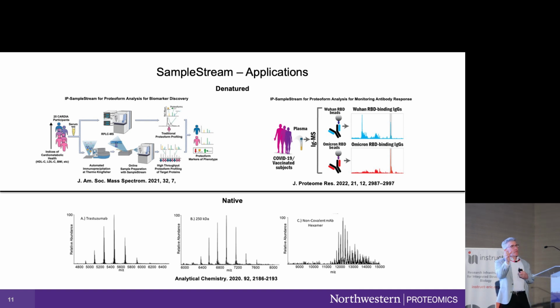RBD, part of the spike protein from SARS-CoV-2, do what everybody else does, which is to take a 50 microliter plasma sample and let the antibodies, the IgGs mostly, bind to that bait of the spike protein, and then look at their clones that come out that bind. So IgGs are then reduced to light and heavy chain, and we get these new patterns. We published 4 papers on this, and so it's serology, so you can get the amount of the IgGs, but